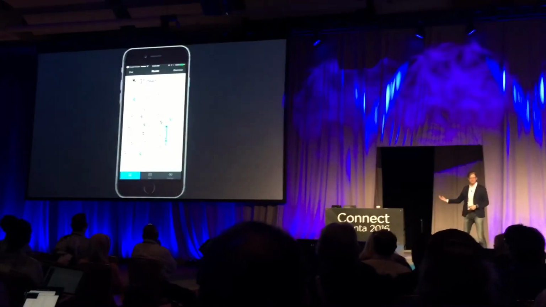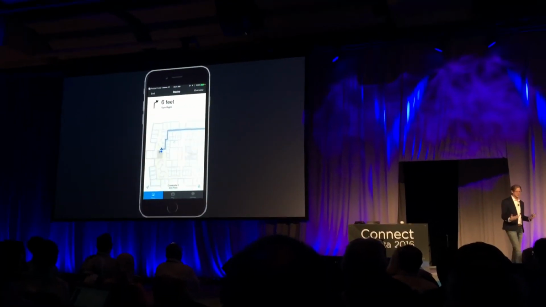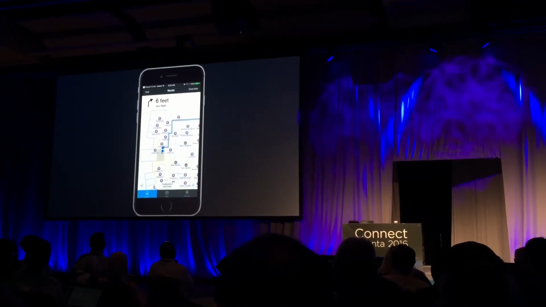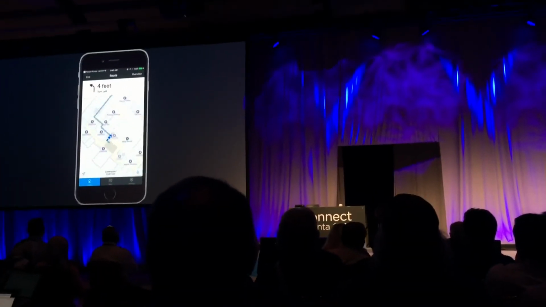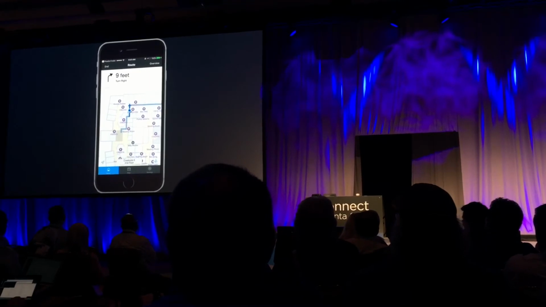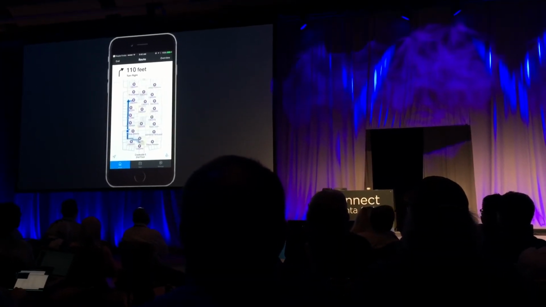Imagine this in retail. Imagine this in healthcare. Imagine how you could do it for just $20. I can now navigate turn by turn through the building to find the location where this individual usually resides. But we didn't stop there.